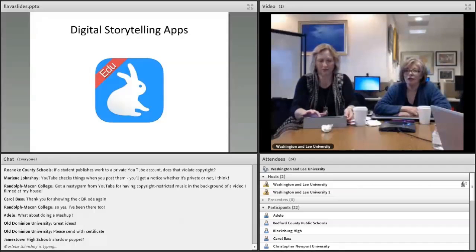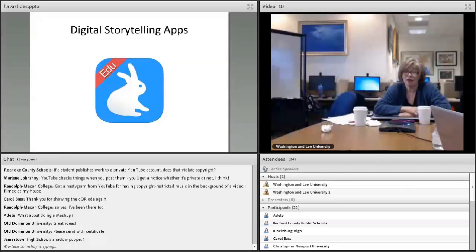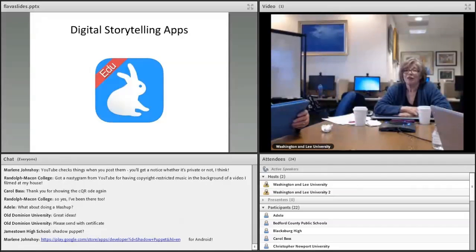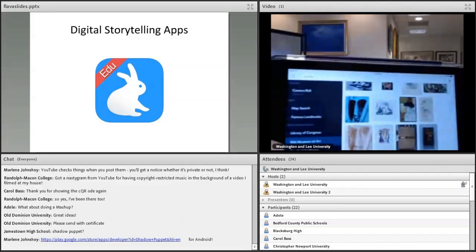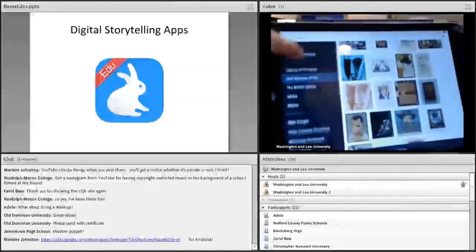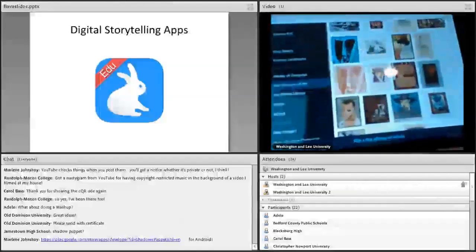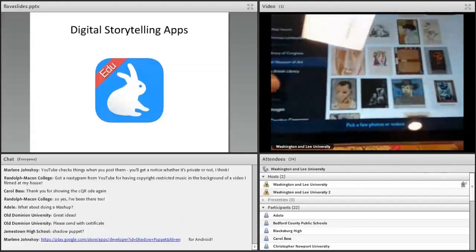So we're going to attempt a live demo where Stacy holds the iPad in front of the camera. There is no way to connect an iPad to Adobe Connect. We tried. So I'm in Shadow Puppet, and there's a menu over here, and these are the things that I can pull images from. My camera roll. There's a map search, famous landmarks.